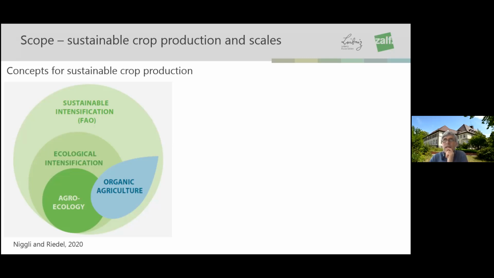And there are sort of approaches that try to utilize more of the ecological processes and relationships that occur in the environment, in our ecosystems, and make use of these processes. To which extent that is successful, I will come back to that. I'm introducing this because we cannot ignore this. This is part of how sustainable crop production is being seen at the moment and will most certainly be seen